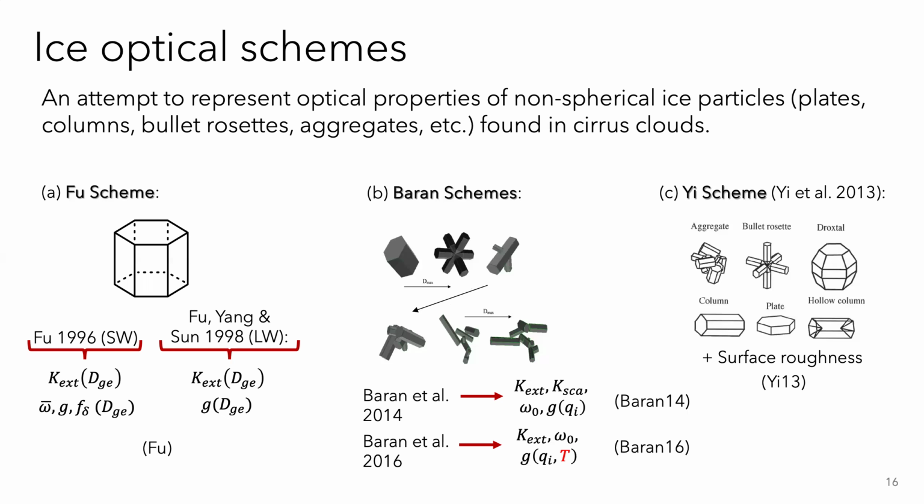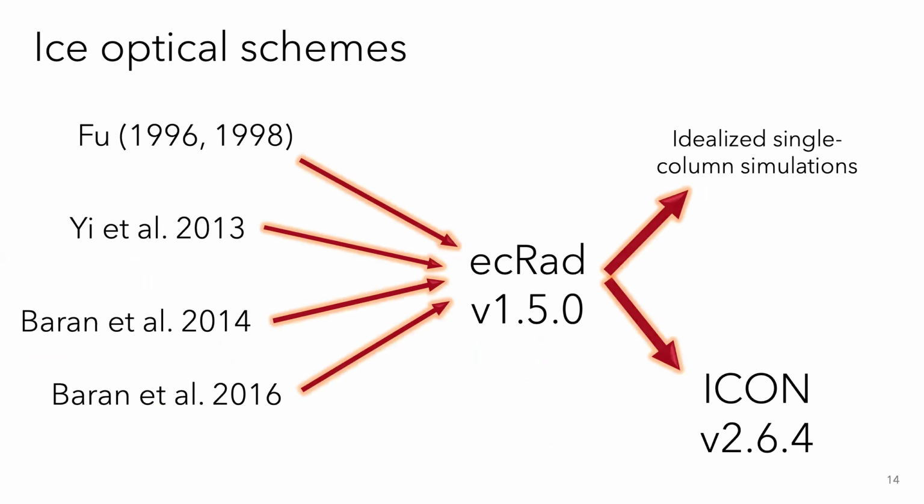So that creates a big change in the calculation, as I will show you. The tests that we've been doing, I'm going to show you two parts. The first part is a list of idealized single column simulations. We create different types of ice clouds. We change the temperature of the cloud or altitude of the cloud, geometrical depth, and ice water path of the cloud, to see how the cloud-radiative heating rate will respond to these changes, and also how the different ice optical schemes will try to